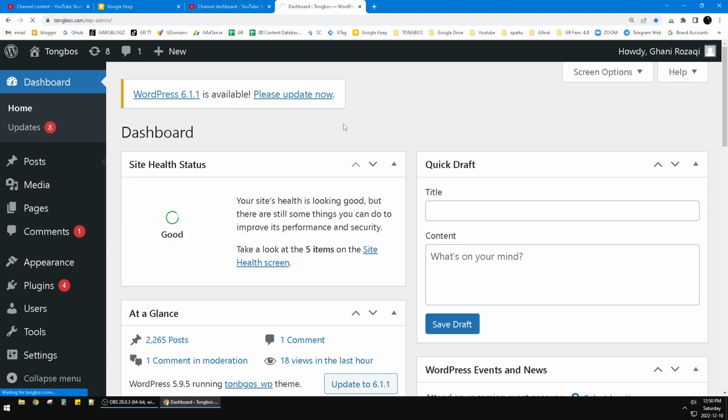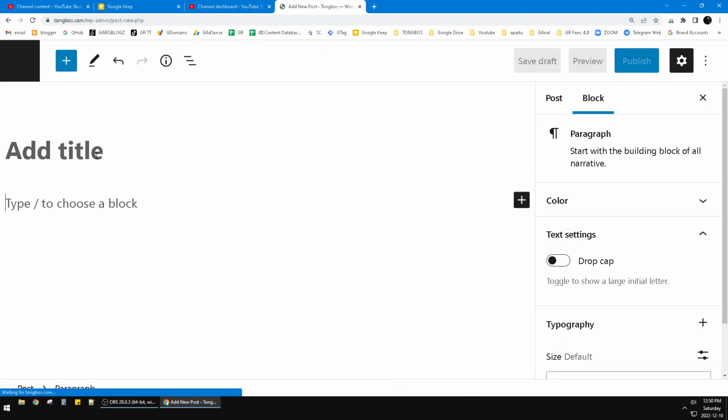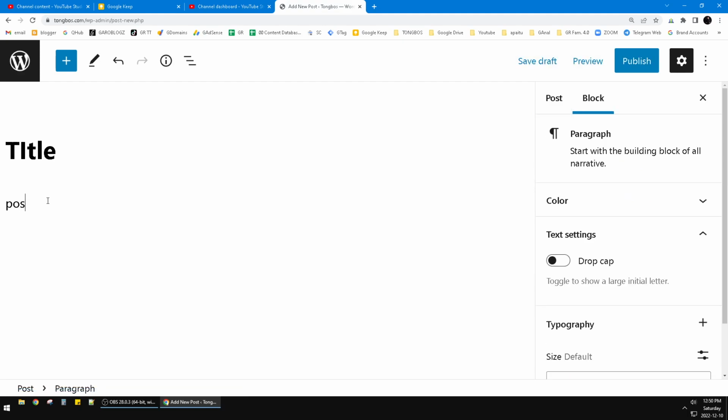I'm using WordPress 5.9.5 version, and then wait until the adding new post window is coming up. Now it's already coming up. You just type in your title here and then your post here, and then the meta description or the excerpt,